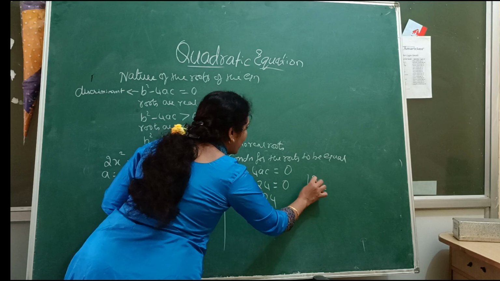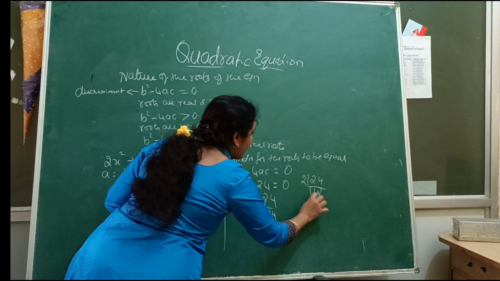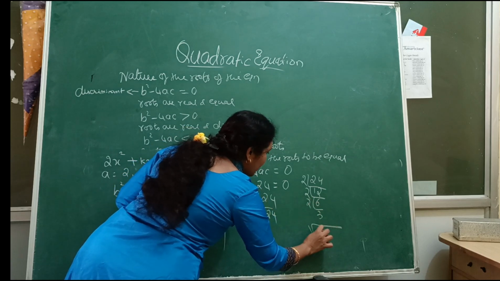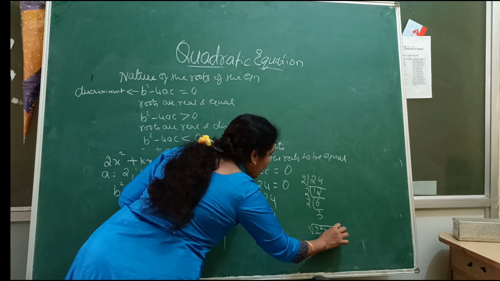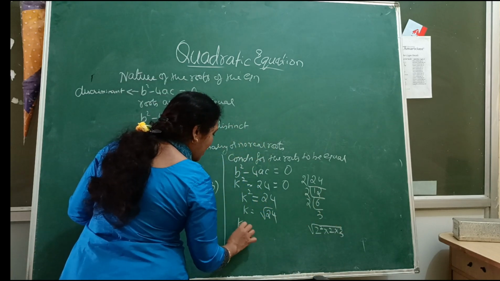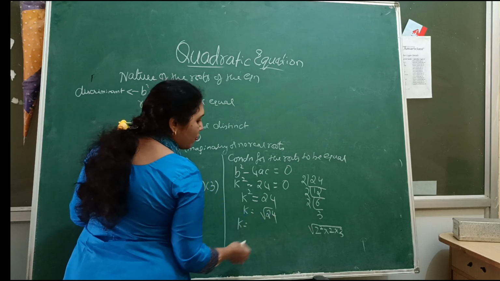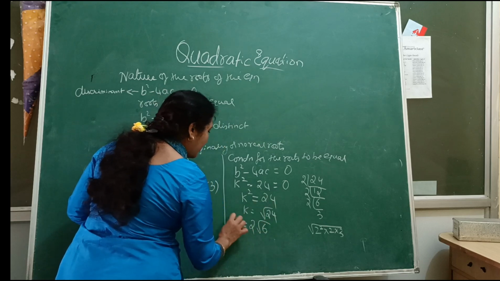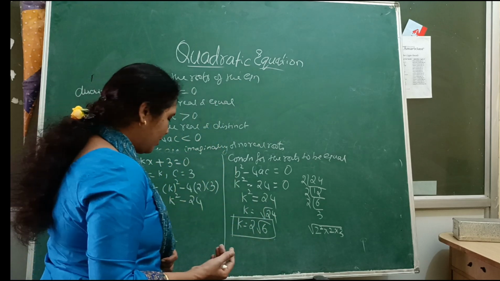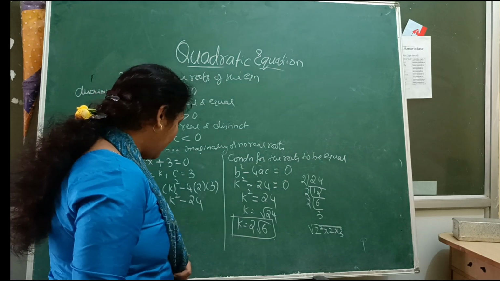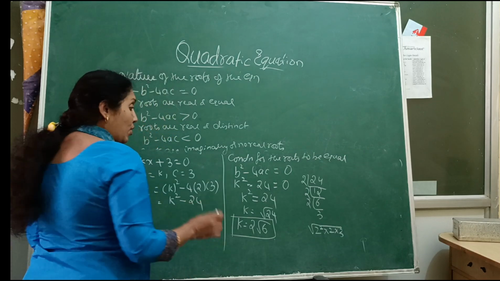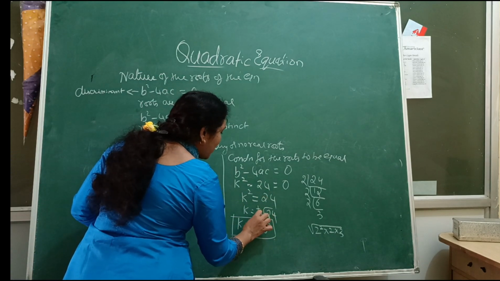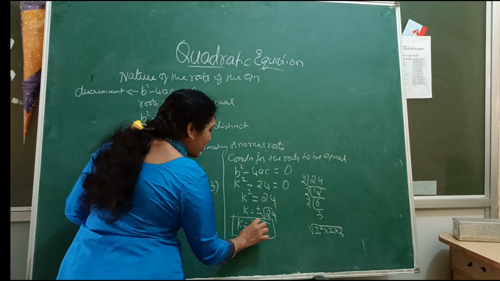What is square root of 24? 2, 12, 2, 6, 2, 3. So this is 2 square into 2 into 3. k is equal to square root of 2 square, I know it is 2, and for the other 2 you don't have a square. So 2 root 6. The value of k is 2 root 6. And one thing you have to remember, whenever you are removing the square and you are putting the square root, you should write plus or minus. So 2 plus or minus